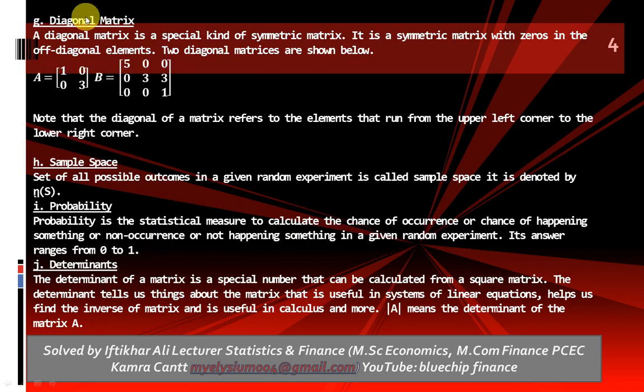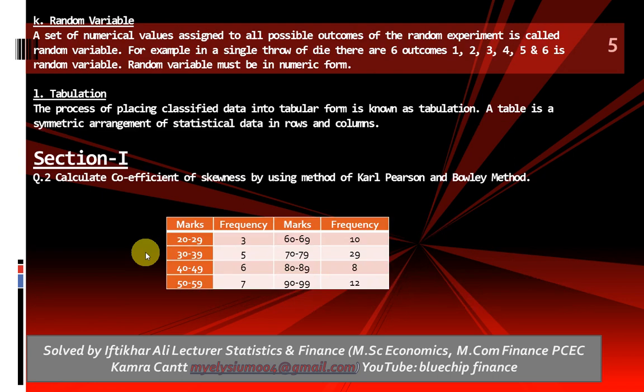After that, diagonal matrix, sample space, probability, and determinants. So all these answers are given here, and you can just pause the video and see the answers: random variable and tabulation, etc. Finally, we move to section number 1 and calculate the coefficient of skewness by using the method of